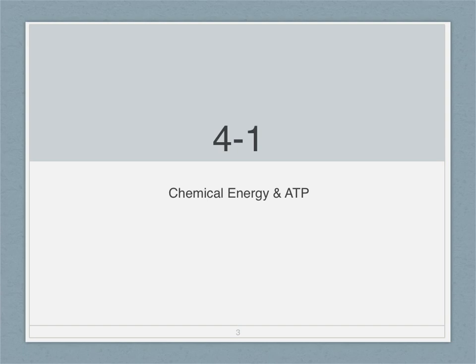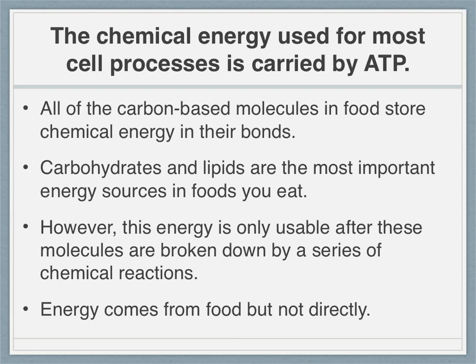Section 4.1, Chemical Energy and ATP. The chemical energy used for most cell processes is carried by ATP. ATP is said to be the energy currency for living things, the molecule that provides energy to do or carry